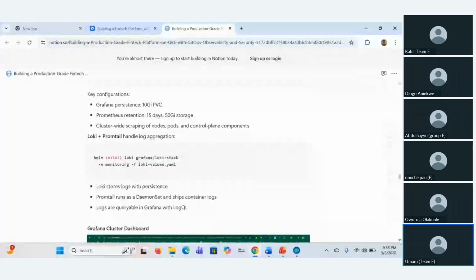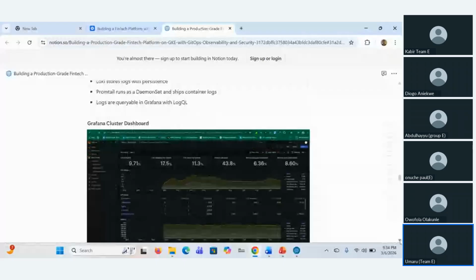For the Loki tool, it's the same thing. We use Helm to install the Loki stack with the help of the custom configuration file at the last part, the Loki values.yaml. For Prometheus, the implementation is for local deployment, but for Loki, we used Google object storage.